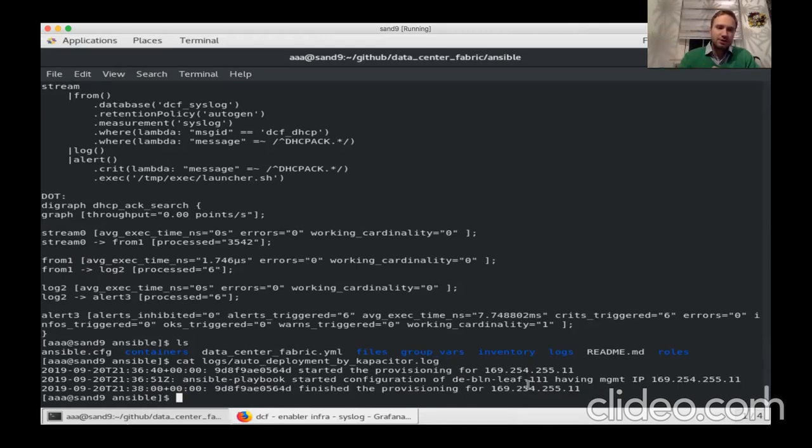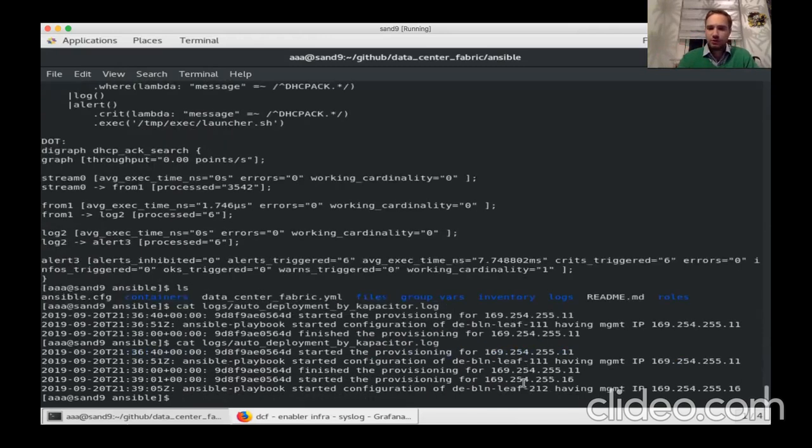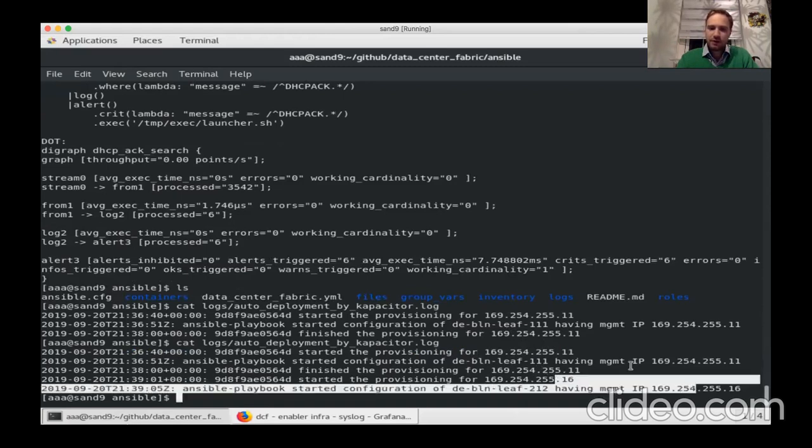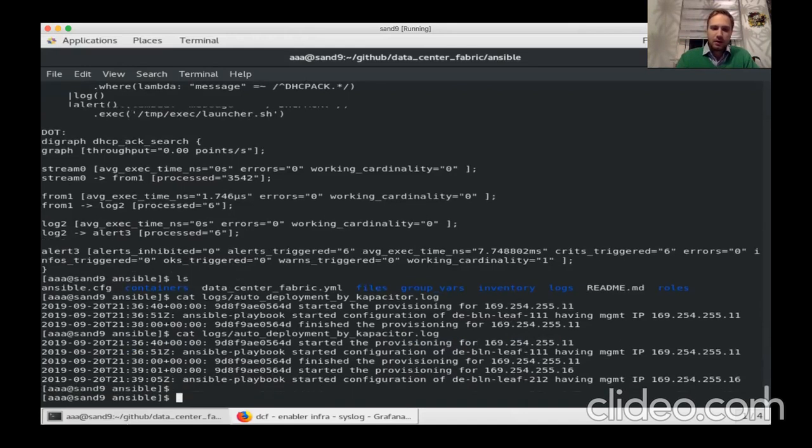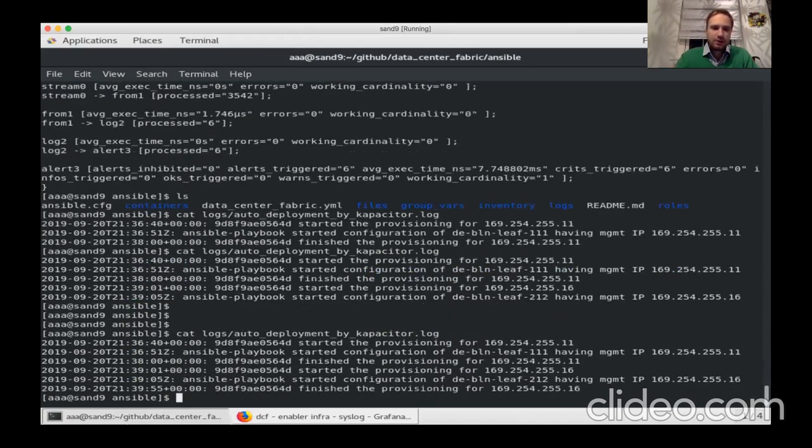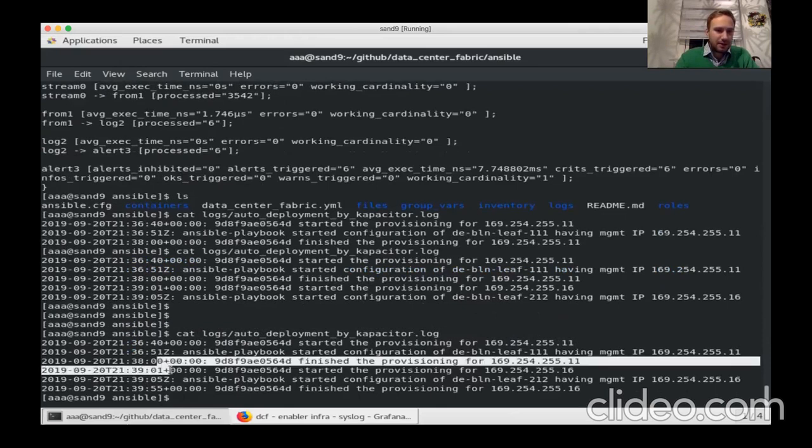The provision is done. So we had a 60-second sleep, meaning there will typically be 1 minute before the next iteration. So I was talking to you. You could see that the provisioning for the second network element has started. So it is completed. You could see that the timing is exactly like 1 minute, exactly this 60 seconds pause